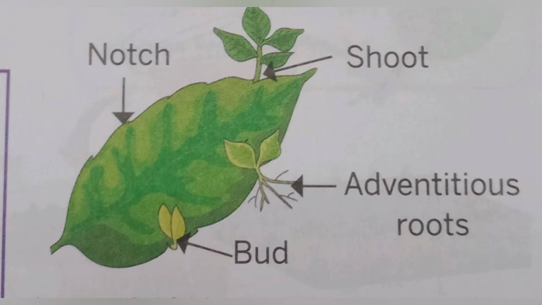Plants like Bryophyllum, in Hindi we can call it Patharchatta, are a group. There are many. For example, you can take Patharchatta. It produces buds from the margin of the leaves. These buds drop off the leaf and fix themselves to the ground and later grow into a new plant. So a new plant is developed from a leaf. So this is vegetative propagation through leaves, as you can see in the picture.